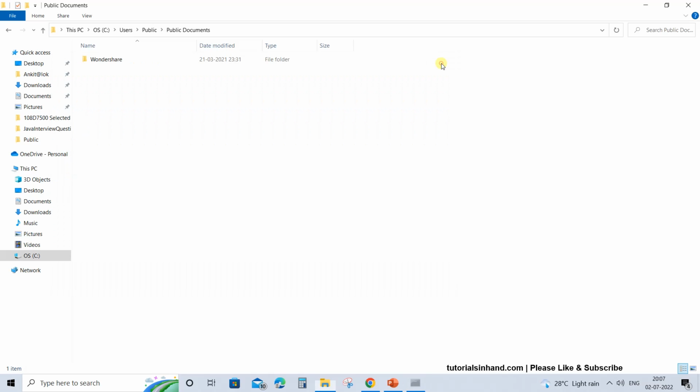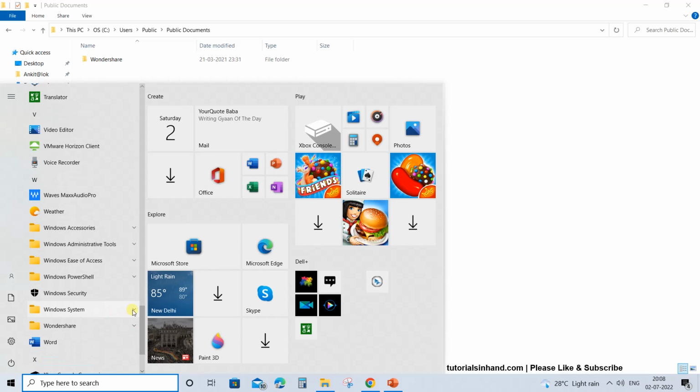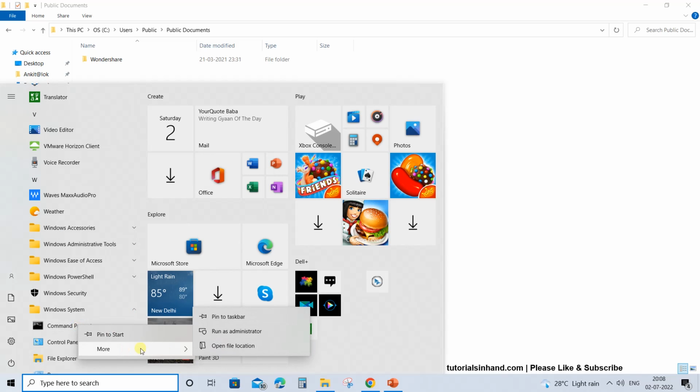If you want admin access, then you can just follow the steps that I have shown you. Go to the Windows system and then from there click on the command prompt and then run as admin, as I have shown over here. Click run as admin. Once you allow this access, you will be able to perform some other critical actions which are not allowed to other users on the system who are not admin.